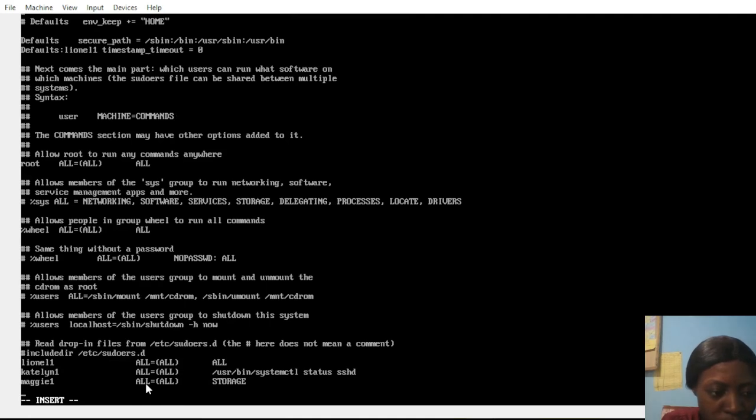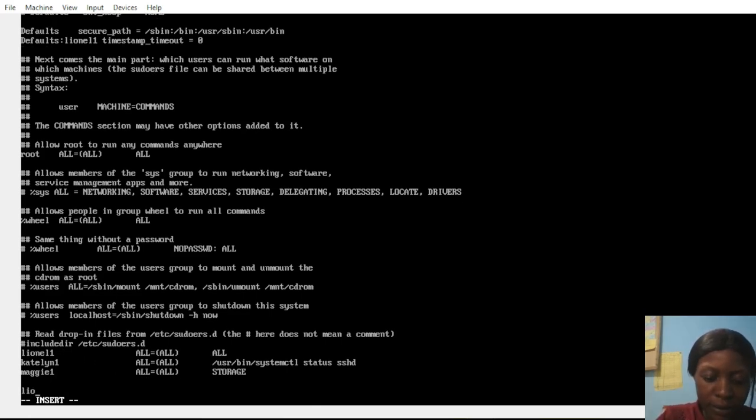There is something we're supposed to know: these are the commands, these are the various hosts, and these are the users themselves. So for Lionel, we use the tab key. Lionel has the privilege on